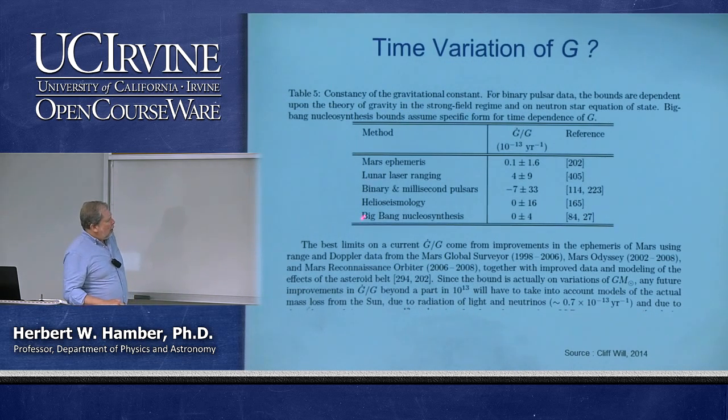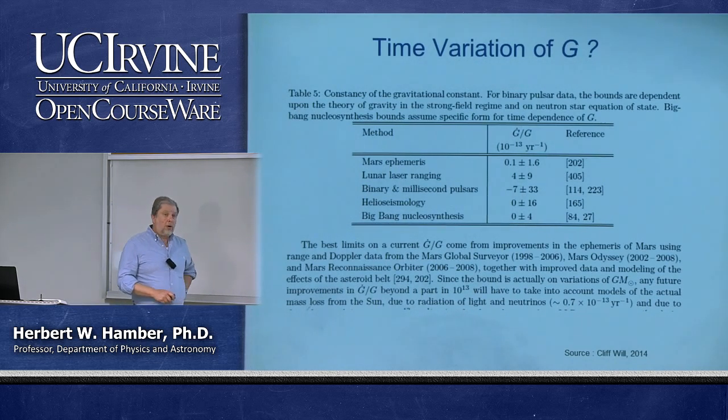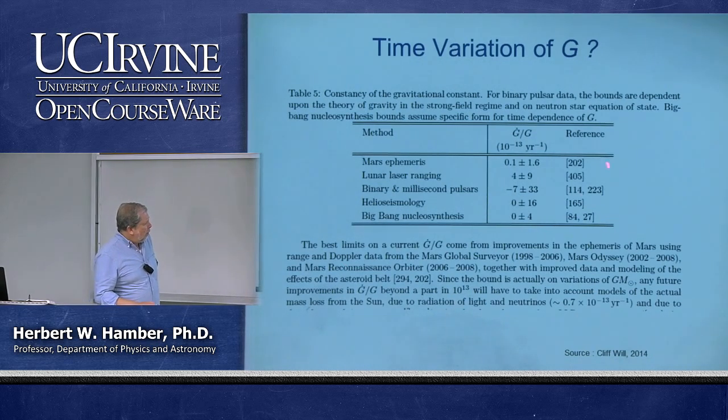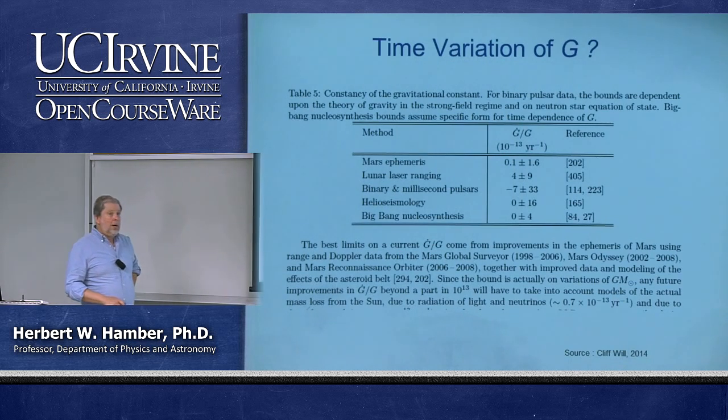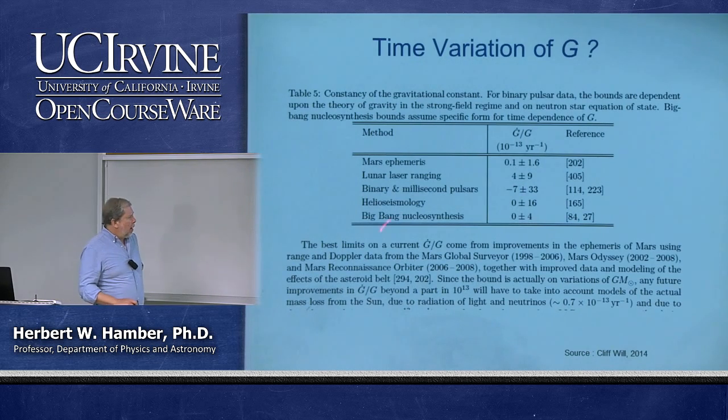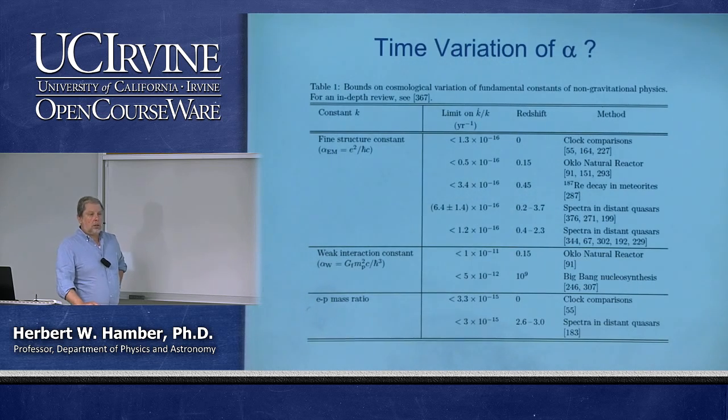And so over the years, there have been increasingly accurate measurements on whether G dot over G is non-zero, right? And so we're talking about variations of G dot over G over times which are comparable now to the age of the universe, right? And so it looks like if G is varying, it is varying by a very small amount that is not easily detectable. And well, this variation of G, of course, falls under the general rubric of whether coupling constants in particle physics,